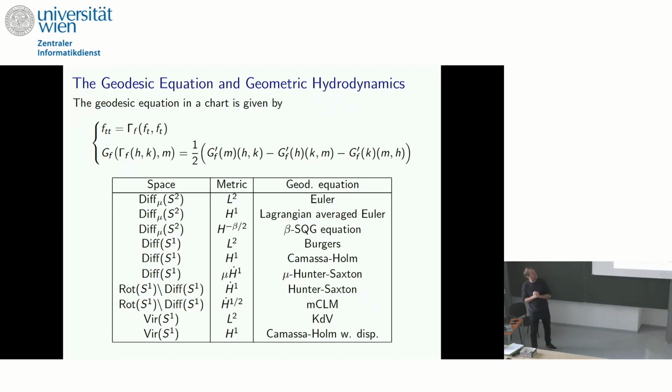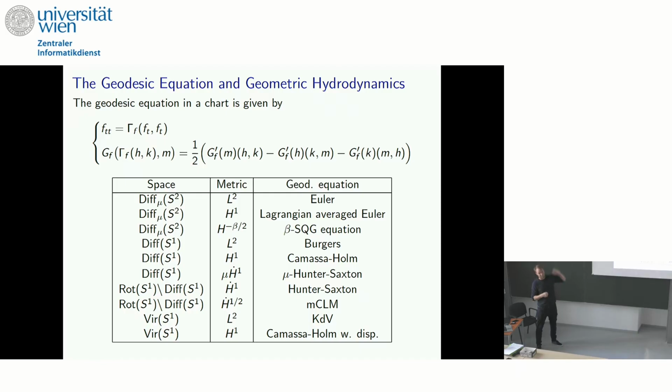One thing worth mentioning is that I said the geodesic equation might not exist. What does it mean that the geodesic equation doesn't exist? I write down a Riemannian metric, I do calculus of variations, I get something. This should be the geodesic equation. It is given by this formula in the second line here. I can always write this formula down because the right-hand side is well defined. But if you look a little more carefully, you see that you have G of gamma, the Christoffel symbol essentially, and the Riemannian metric is not invertible. This is exactly the source of why the geodesic equation might not exist.